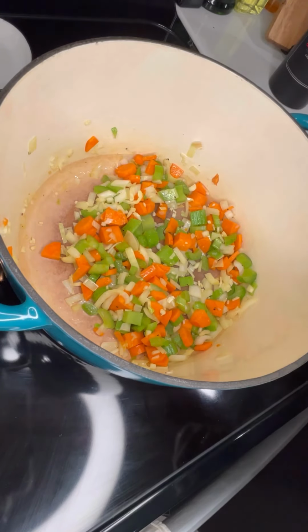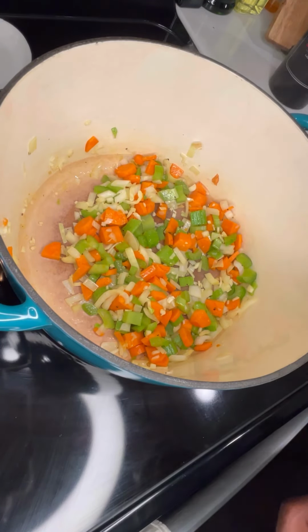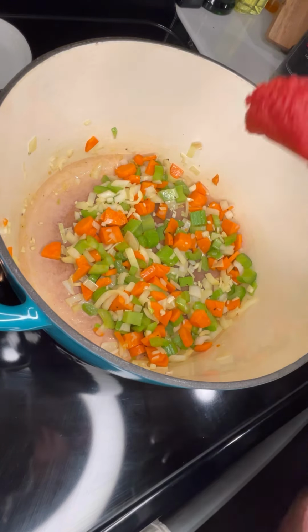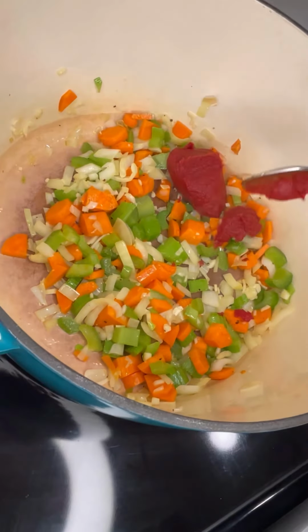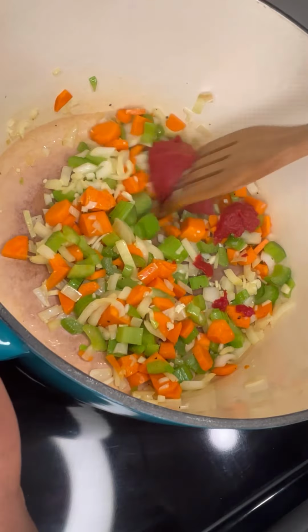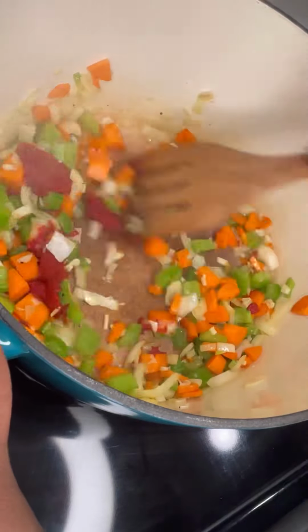All right, I'll let those vegetables cook down for about a minute, 2 minutes right now. Next, they're nice and fragrant. So now what I'm gonna do is add about 2 tablespoons of tomato paste. You wanna just get that in there, mix it a little bit, just to break it down. Be adding that,